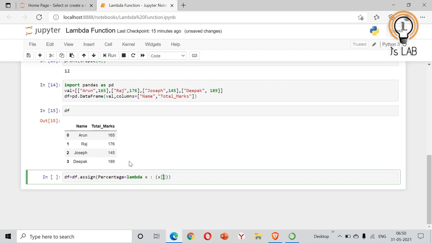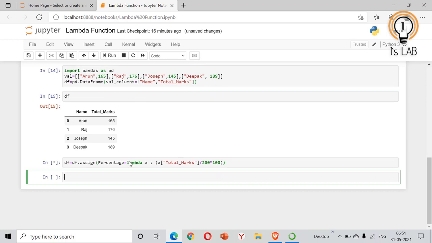Expression should be: take the total marks and divide it by 200 and multiply by 100. So we'll get the percentage.